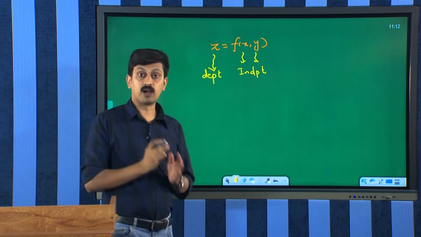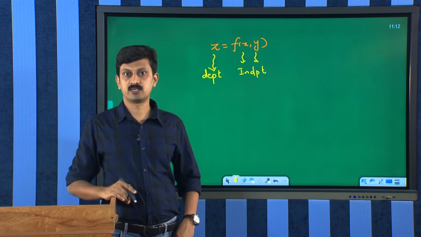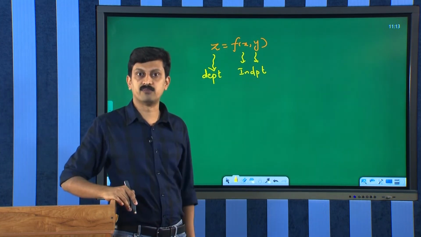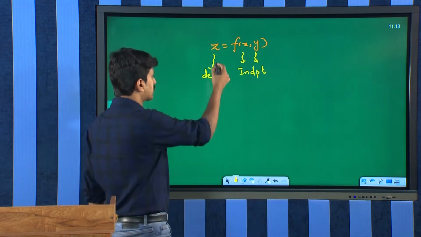So, while evaluating derivatives, as the function consists of two independent variables, we prefer the partial derivative,